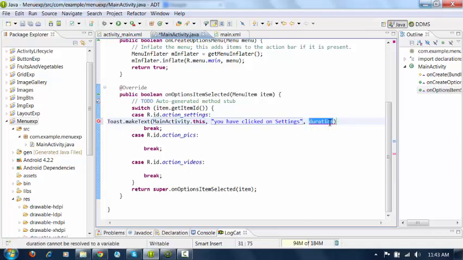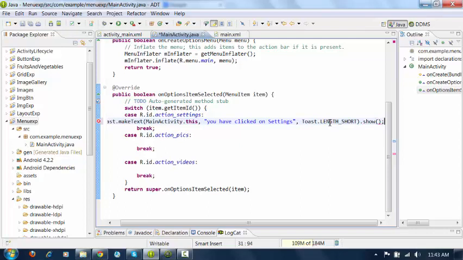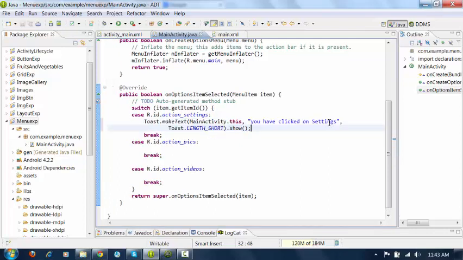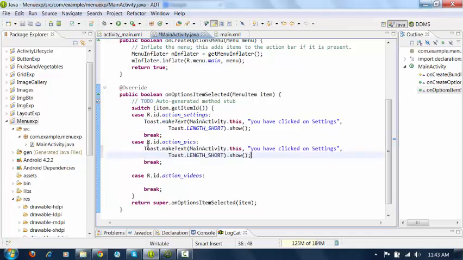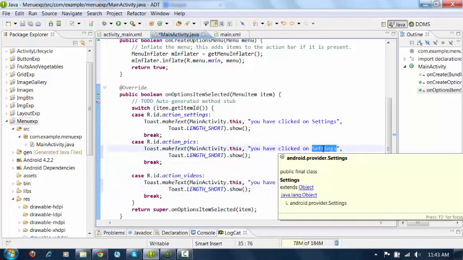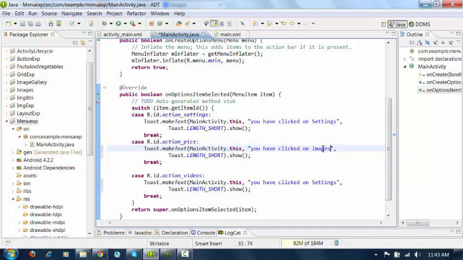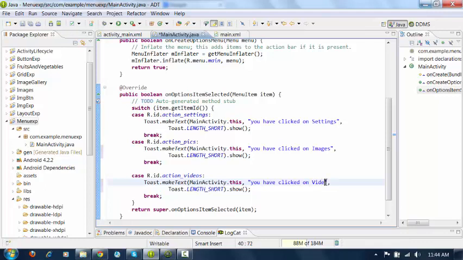Duration I'll give as Toast dot LENGTH_SHORT. Then you have to show the message. I'll add it to the other options also, for case 2 and case 3. Here the user has clicked on images, and here it is videos.